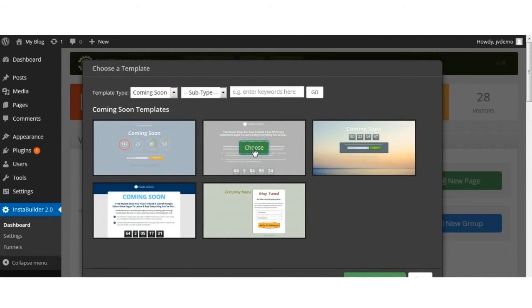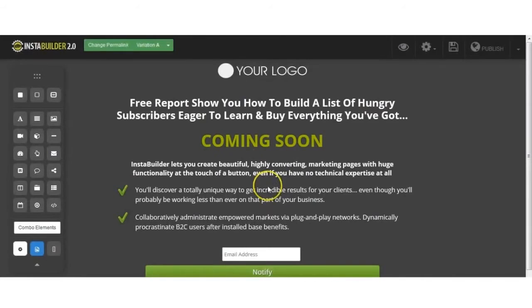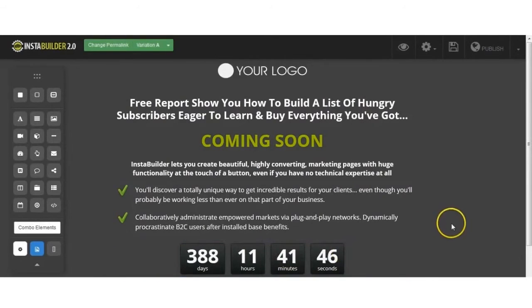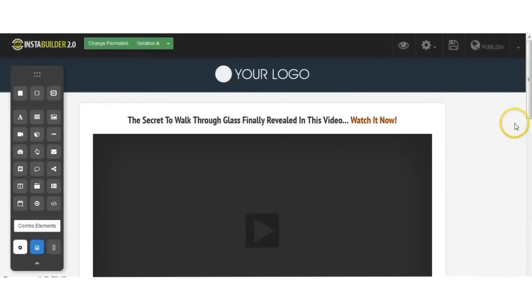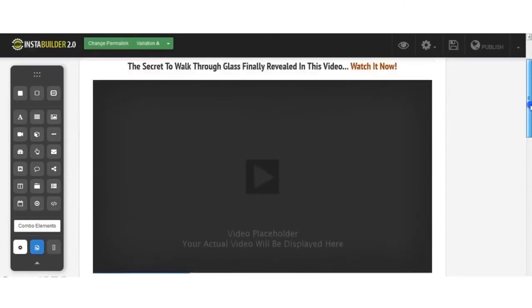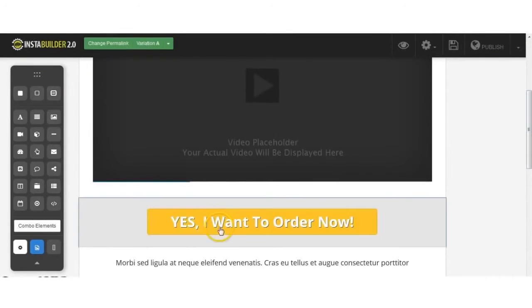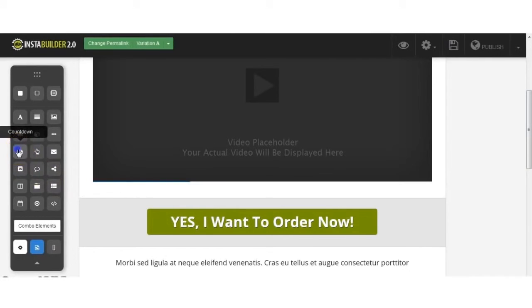You can build a coming soon page instantly and have it switched over to your actual sales page on launch day. Until then, you can collect pre-launch leads using our 2-step or 3-step opt-in lead capture technology. Instabuilder 2.0 also features a highly customizable countdown timer that lets you edit and modify however you want to suit